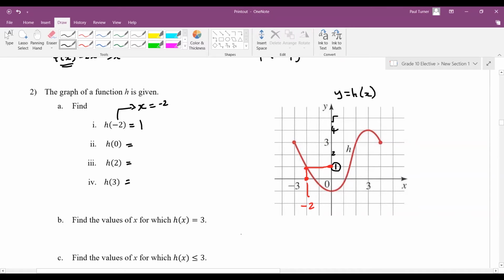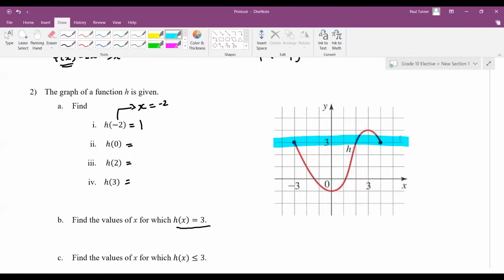But when you get to b, find the values of x for which h(x) equals 3. So look at your graph again. h(x) equals 3. So that means we look here, along there. So h(x)